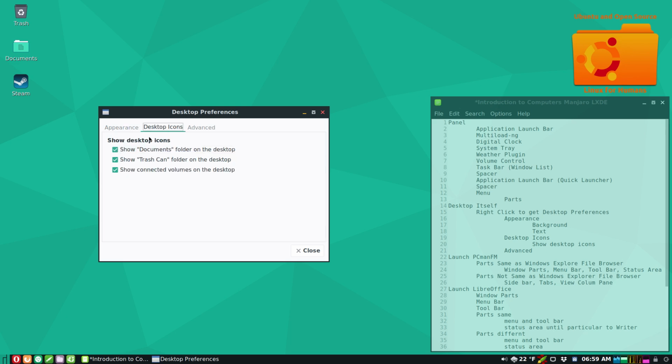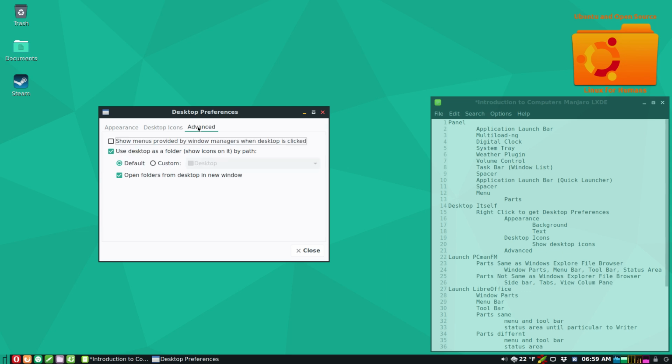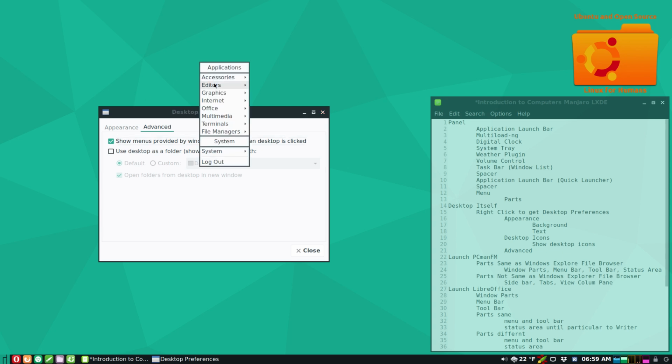Desktop icons, just as any others. Advanced. So if I unclick this, those go away. Use desktop as a folder, show icons on it by path. So now if I right click, that's all I get. Show menus provided. So if I right click, I get all